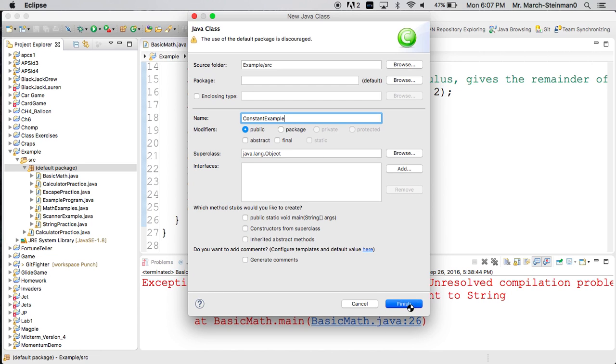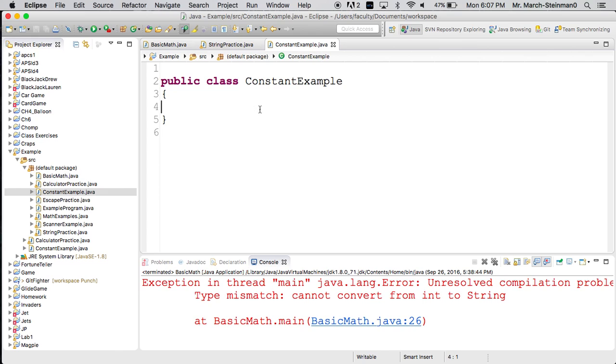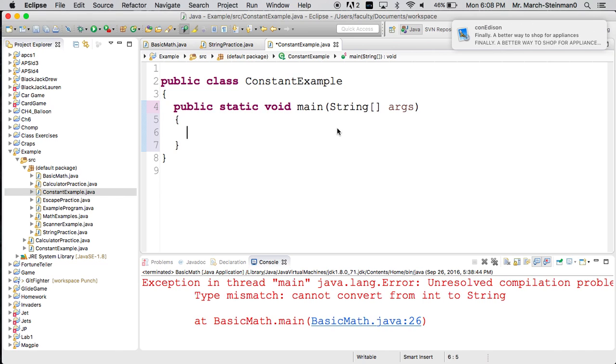Okay, so constants are simple to work with. Again, we're going to write our main method. And typically we're going to declare our constants at the top of our program. So let's say we have a constant, and constants are things that we don't want to change. So for example,